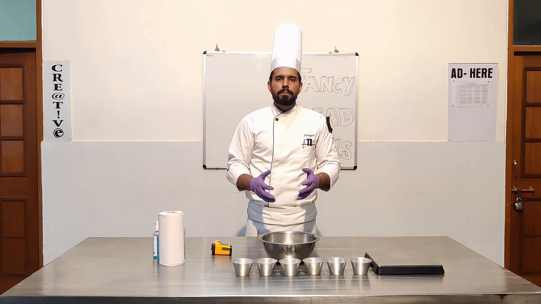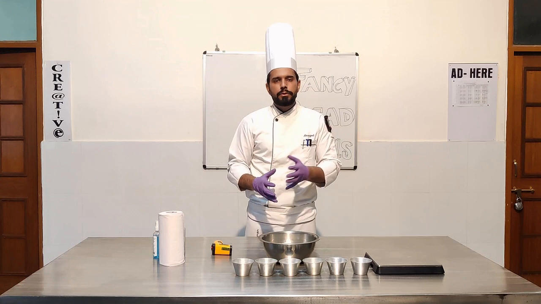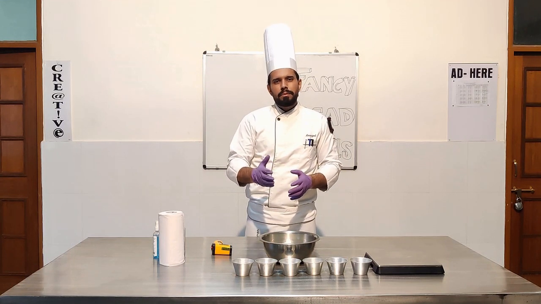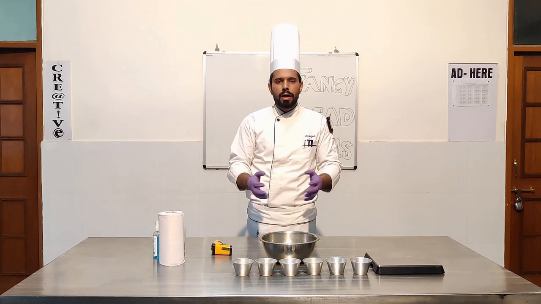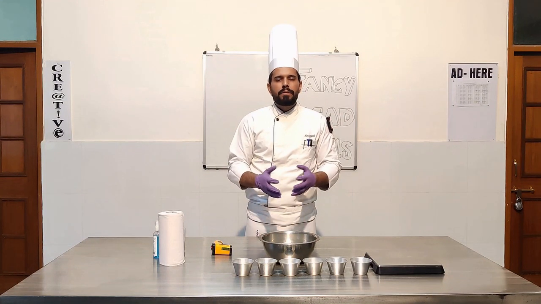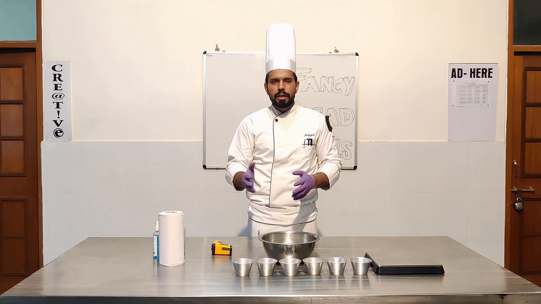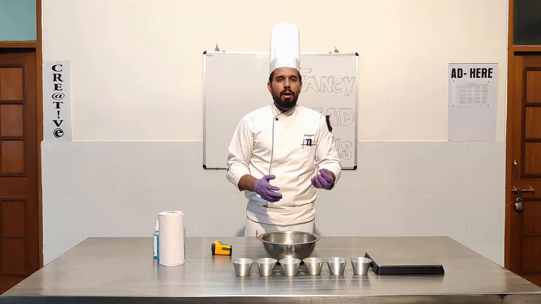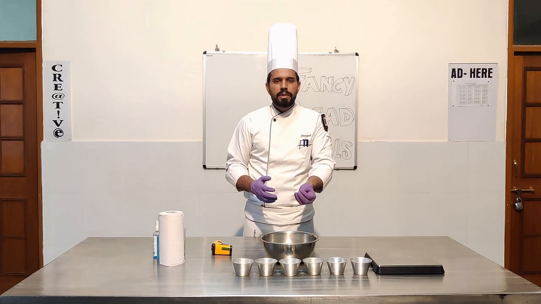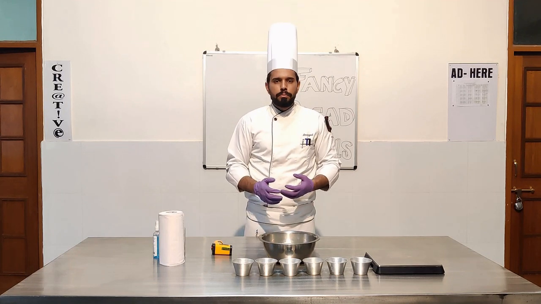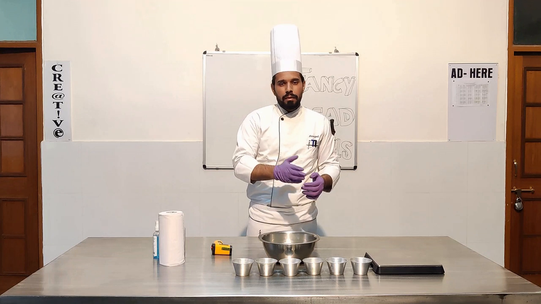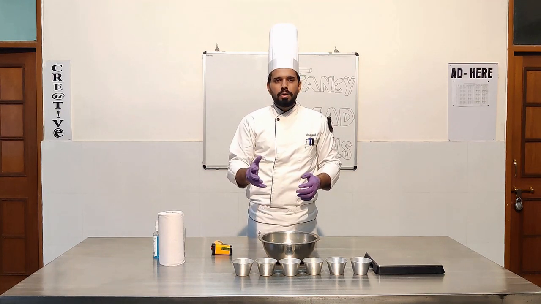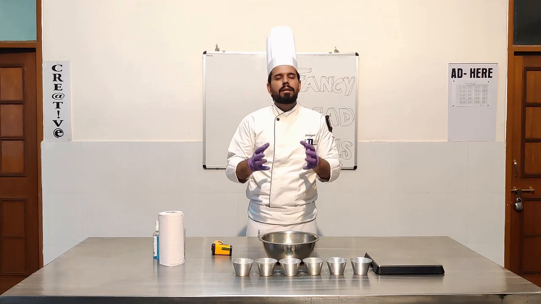WAP stands for water absorption power and GRP stands for gas retention power. So WAP can be considered as the power of absorbing water of any flour available. For example, if I take 100 grams of flour, 3 different types of flour, first sample may absorb 50%, second sample may absorb 60% and third sample may absorb 70%. So these are the different strengths. The more the absorption of water, the more protein content is there in the flour.